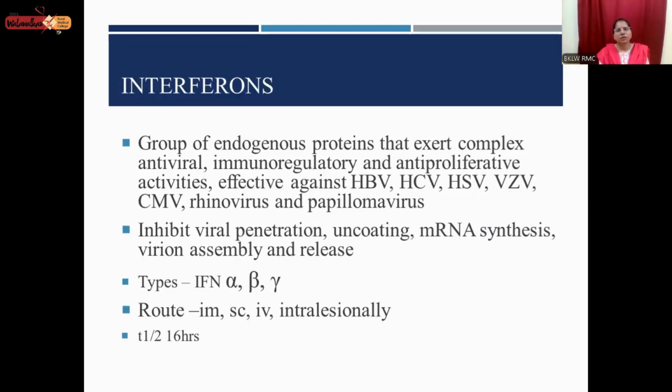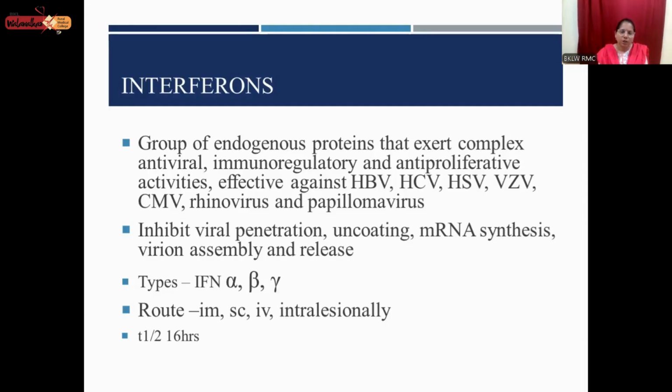Next, very important drugs with a broad spectrum of actions: interferons. They are endogenous proteins released internally. Whenever we have infections or viruses, these interferons are released and boost the immunity so that the viral infection will be cleared. That is how immunity takes action whenever an unknown foreign entry takes place. That is called immunoregulatory, and it is under that influence.